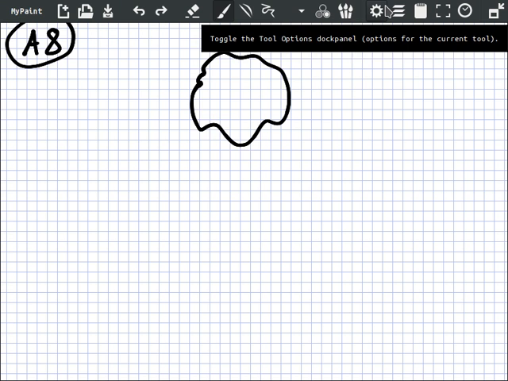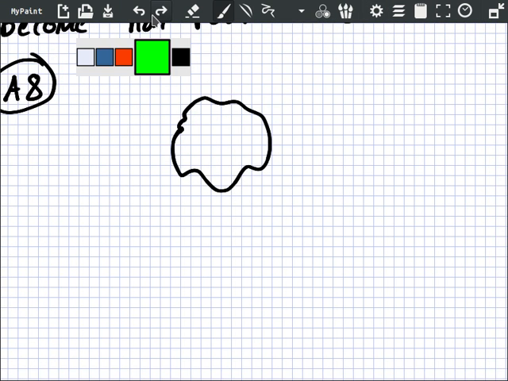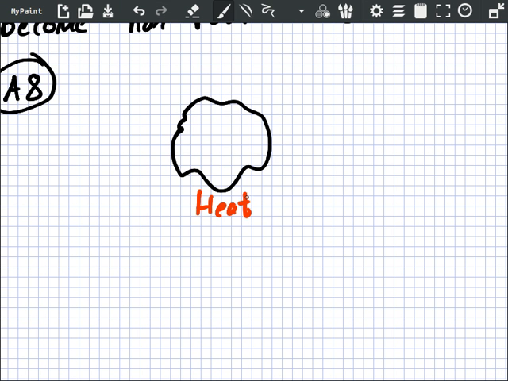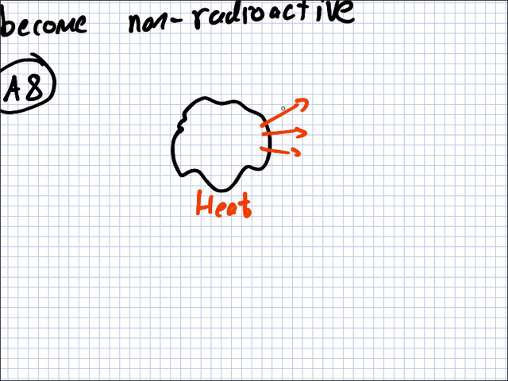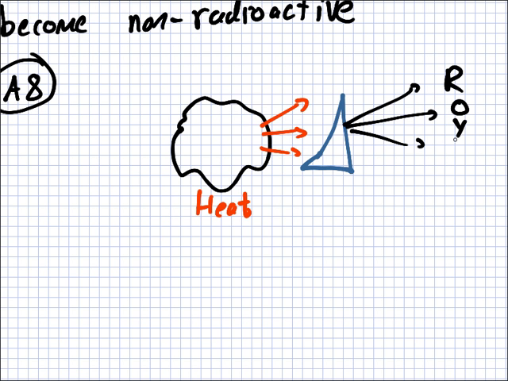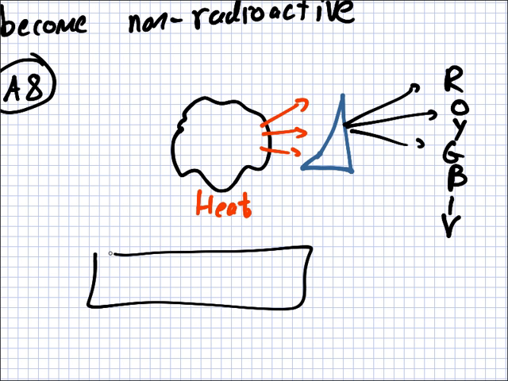Emission line spectrum. Good. So I'll remind you of what's happening here. If you heat this gas up, it will obviously glow. There'll be some light that comes off of it. Then if you put that light through a prism, then it splits. And here you get your colours. You know, red, orange, yellow, green, blue, indigo, violet. However, some of the colours will be missing. So you might look at it and you might see,